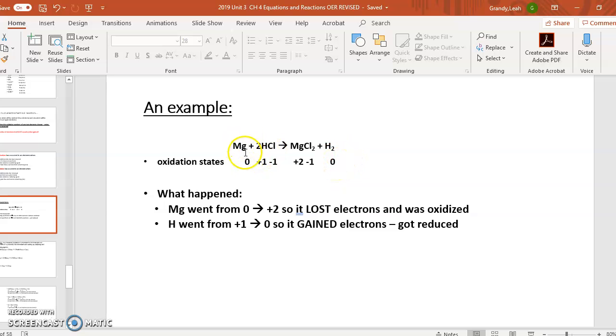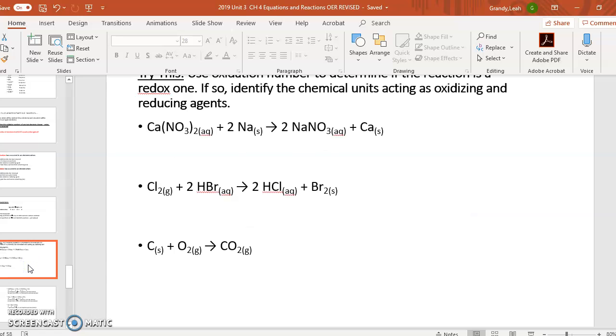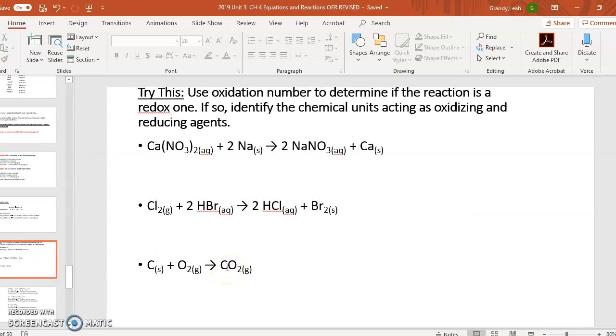So we know that Mg went from 0 to +2, so it lost electrons. So it was oxidized. And H went from +1 to 0, so it gained. So there has to be loss and there has to be gain in order for it to be a redox reaction. So I'm going to leave this with you to track and see if you, by using the oxidation numbers, putting them all across, tracking the changes to see